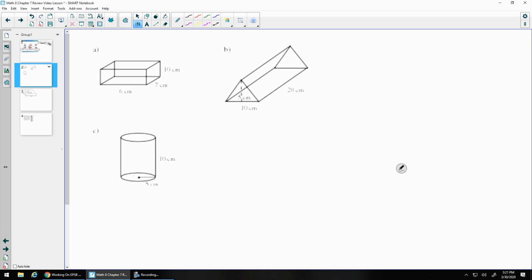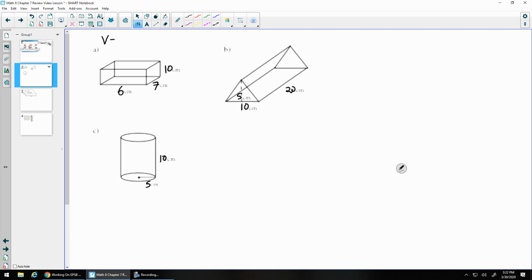Let's go to the next page. So here we have some quick examples. Can you see this? Probably. You guys have good eyes. So this is a 6. This is a 7. This is a 10. 10. 5. 20. 10. 5. Okay. So if we are trying to find the volume of these, I look at my first rectangular